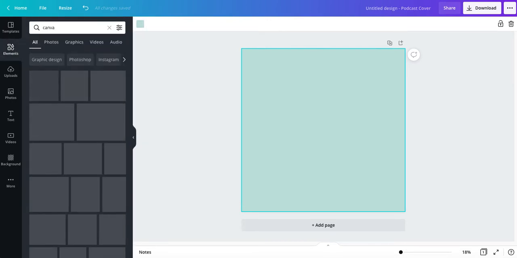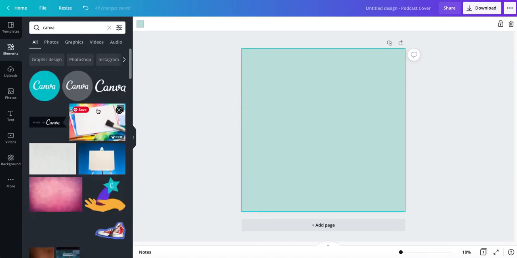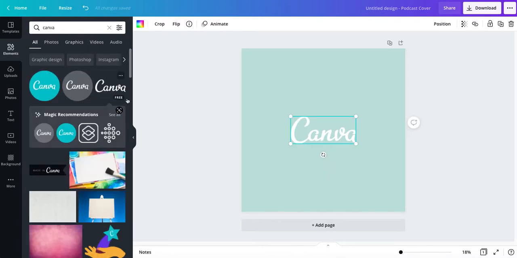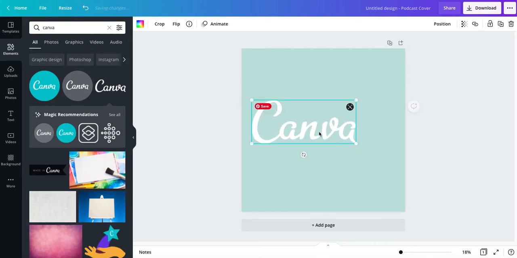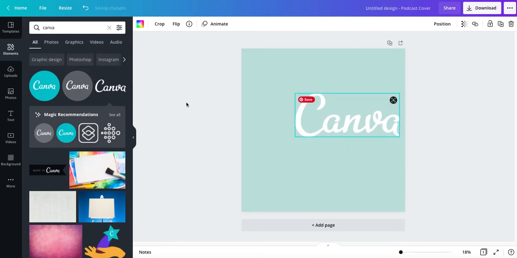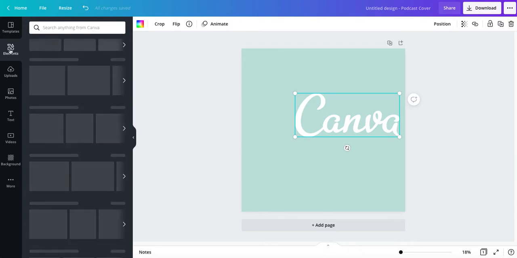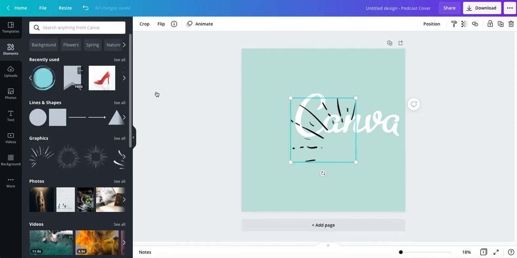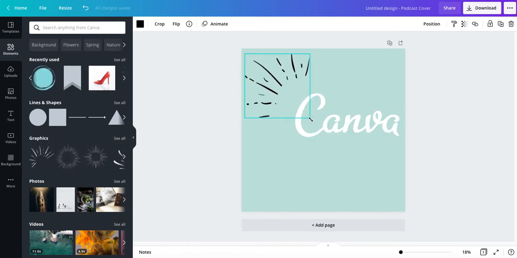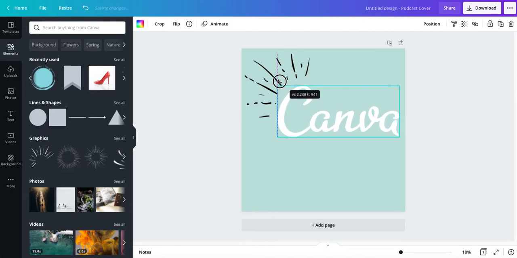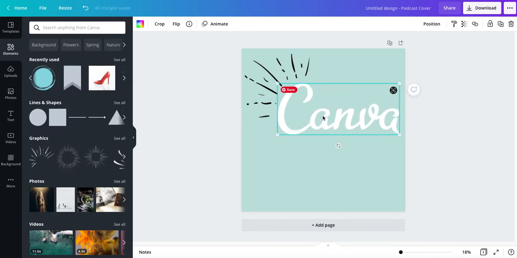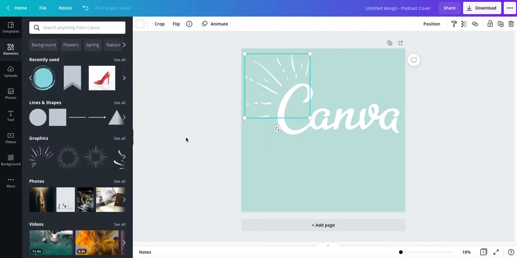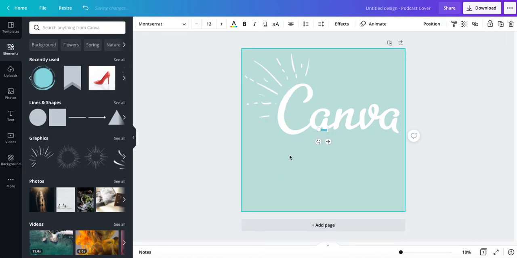Now Canva has their own style elements here. I'm going to choose this one, make it nice and big. And I'm going to add a different element in. It's one that I have used before, this one. This is fun. This really suits a shouty style. Come and listen to us talking about Canva. I love that. And then I'm going to add,